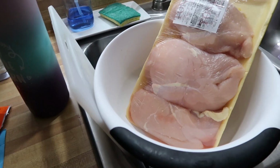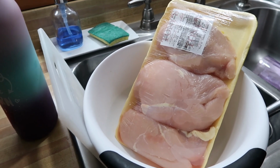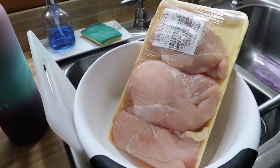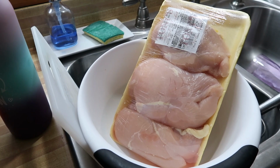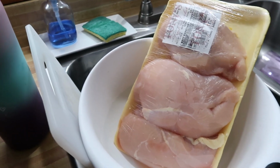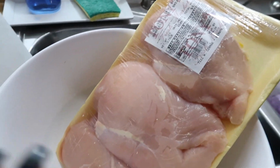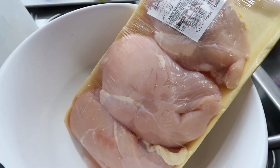First things first, let's start on our dinner. So it is about 11:15. I'm just coming back right now from a chiropractor appointment, so I haven't eaten anything, but I want to start dinner. And when I have chicken, I'm going to throw it in the crock pot. And when I do chicken and it's defrosted, I cook it on high for 4 hours